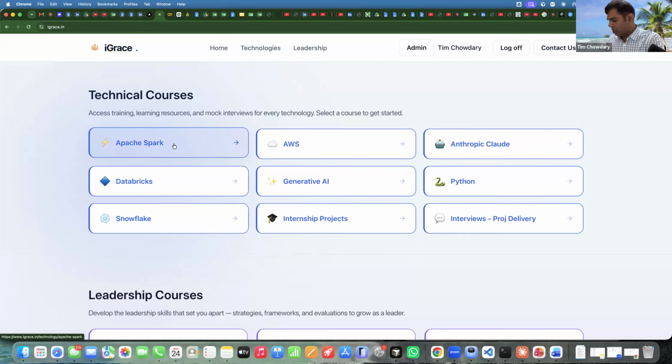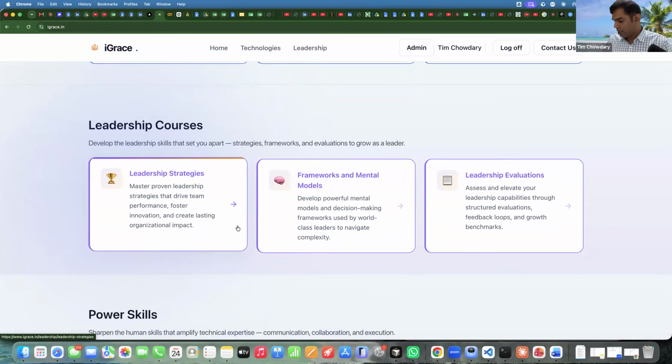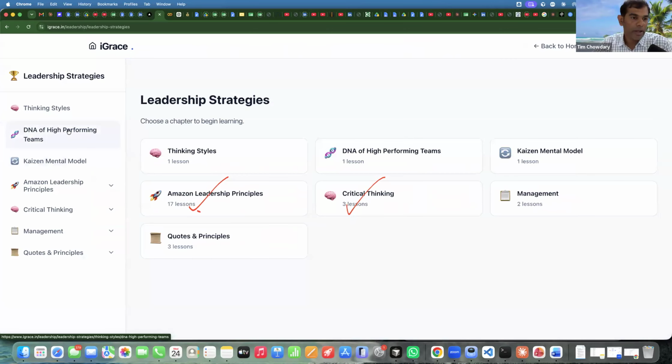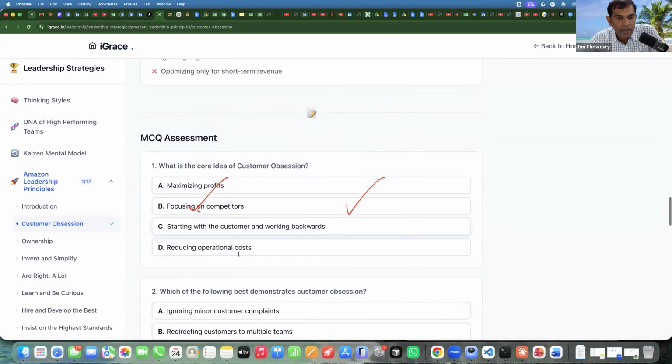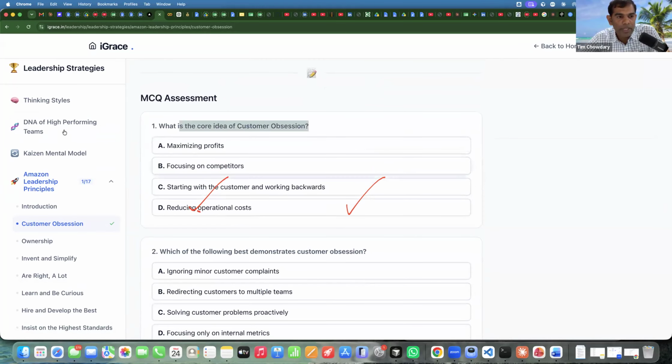And also in addition to this, this is very important, the frameworks and mental models we discussed will be provided. Some leadership strategies, I'll take a snap at this one. For example, here we talk about a lot of principles. What do you mean by customer obsession for each of the companies? Start with the customer, what it means. What are some real world examples? How you need to think from a customer point of view, backward thinking, all these things. We'll also give some examples.